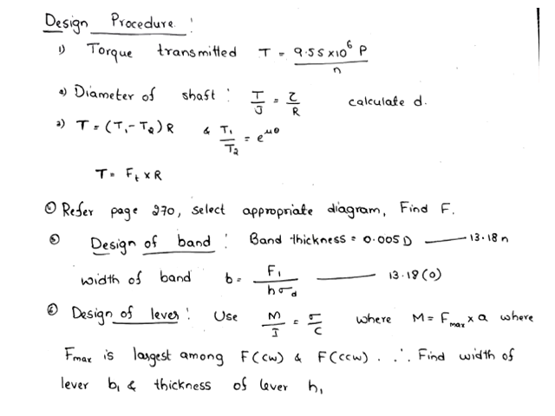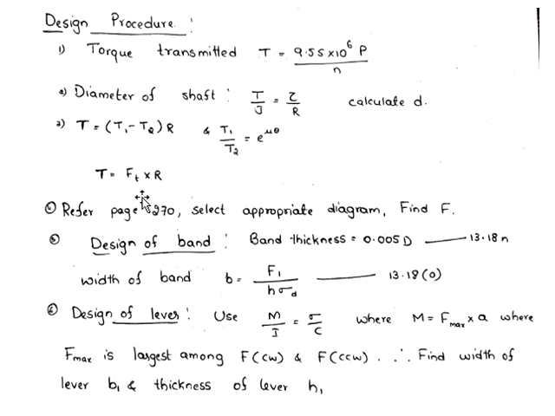First calculate what is the amount of torque transmitted using equation T is equal to 9.55 into 10 raised to 6 P by N. We are familiar with this equation. Power will be given in question. N RPM will be given. Calculate torque transmitted. If diameter of shaft is not given, you can calculate diameter of shaft using torsion equation. T by J is equal to tau by R. Here T from step number 1. J is pi d to the power 4 by 32 where diameter will be unknown. Tau value depending on material that we are selecting. And R is d by 2. Again diameter is unknown.